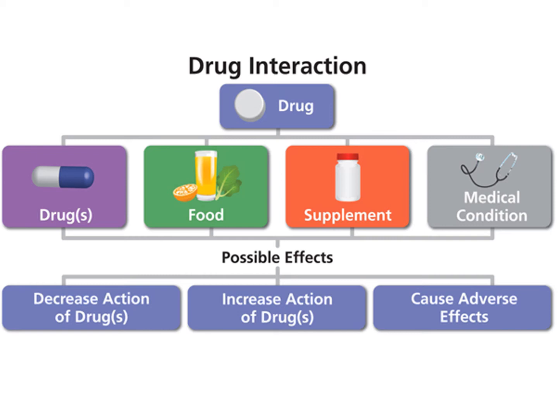Okay, so the possible effects of the drug plus any one of these four listed below it: drugs, food, supplement, or medical condition. You can have a decrease in the drug action. You could have an increase in the drug action because, say, the metabolism of the drug was affected and it was not being broken down as quickly. Or you can have an adverse effect because of a drug-drug interaction or a drug-supplement interaction. You could have an adverse effect. Okay, so